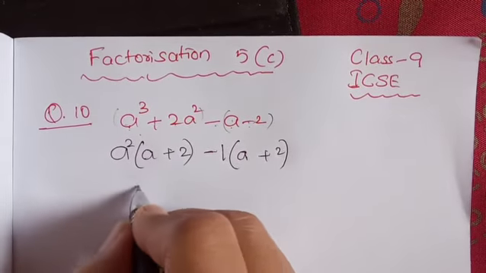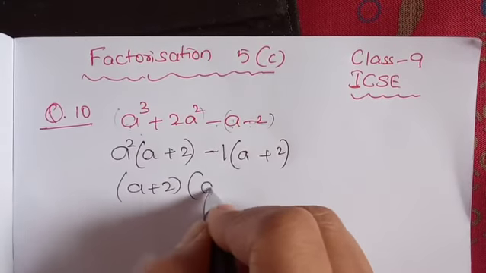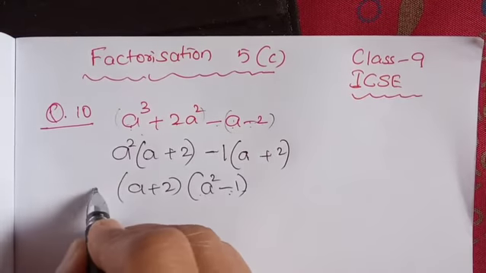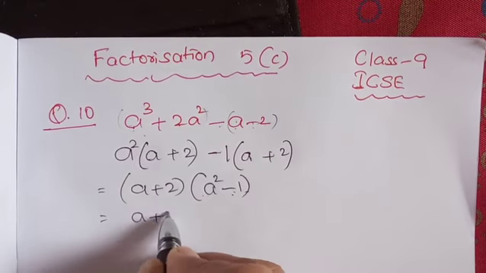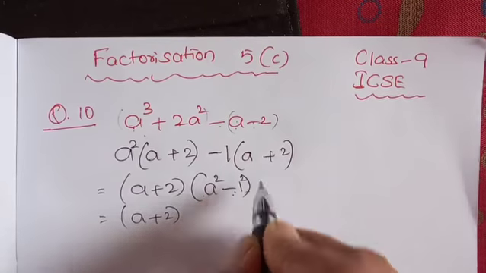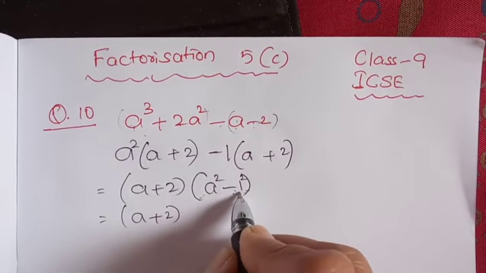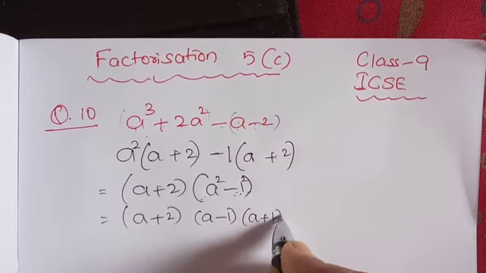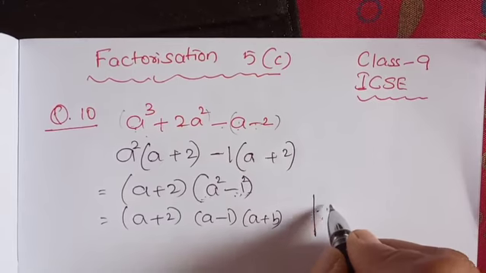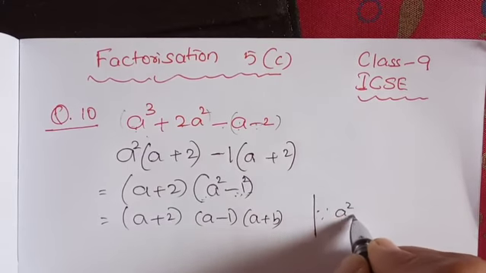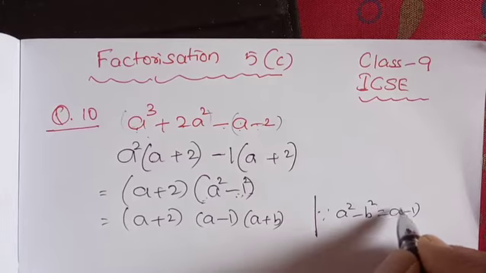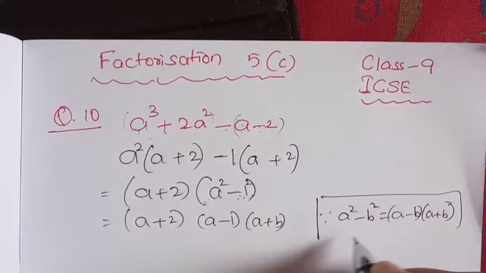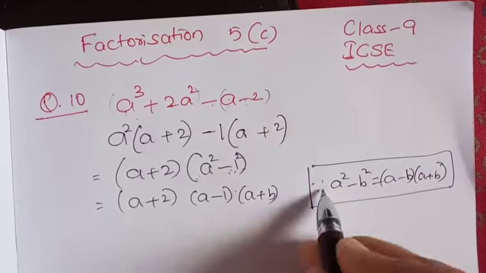Okay, from these two again we can take a plus 2 as common, children, and the leftover one is a square minus 1. We cannot leave this one because we can also expand this one, and this is a plus 2 similarly as it is. This can be written as 1 square. So here again the a square minus b square formula you have to apply, a minus b of a plus b. Since you write the reason, okay, what is the reason? a square minus b square equals a minus b into a plus b. This formula we are applying here. The reason I am writing, it is mandatory.